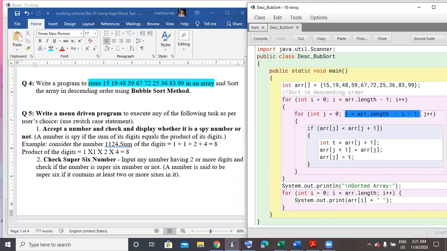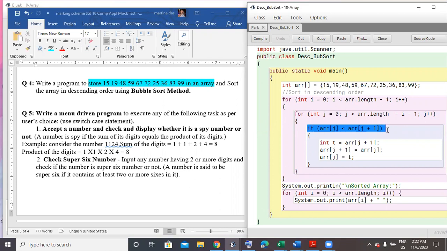I think while teaching arrays, the teachers might have told you how to solve the bubble sort. This is the method. This is for the outer loop. The array goes till length minus 1, but for the inner loop it will be length of the array minus i minus 1, as the sorting starts at the end. After that, comparing if the previous value is less than the next value, the swapping will be done.